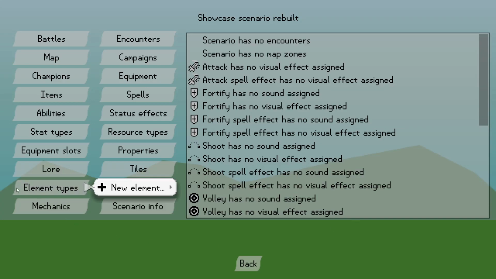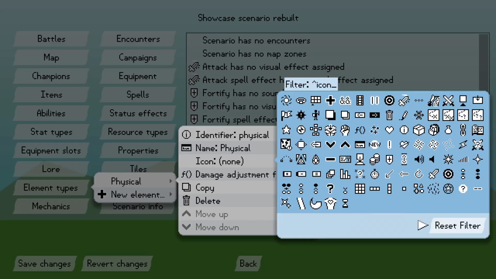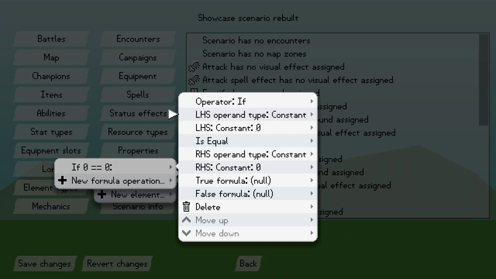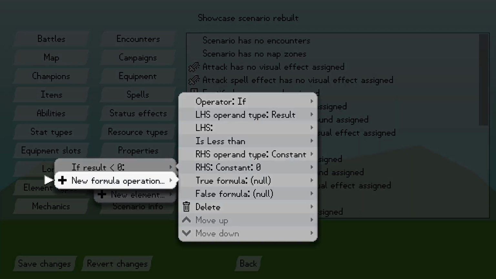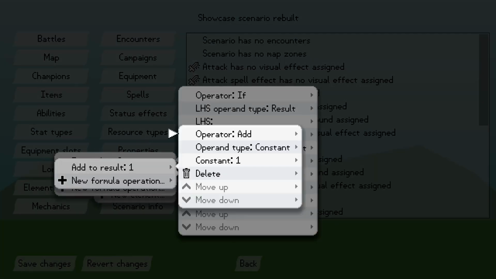Element types. The cursor stayed. Nice. Physical. So that's icon sword. Damage adjustment formula is if result... Ooh. I guess that's okay. It's a little confusing. Maybe this row should just disappear if it's nothing. Probably should. Is less than 0. Then add, it was target stat